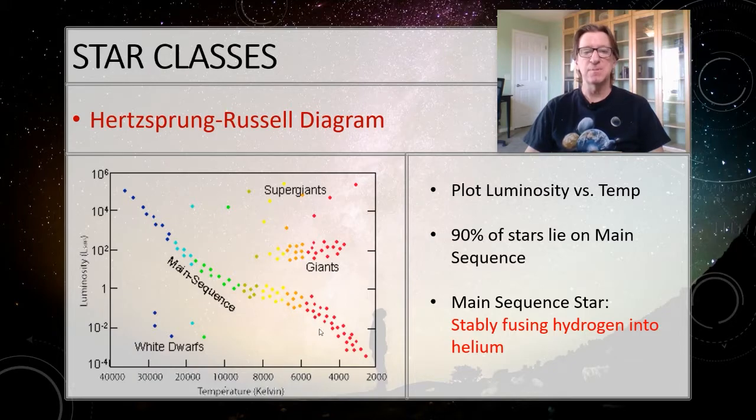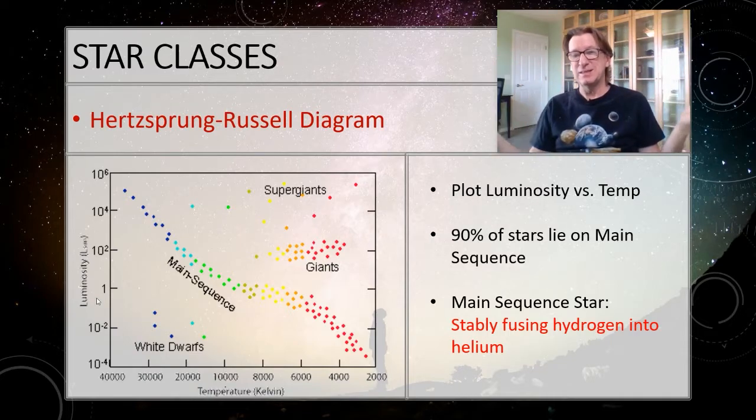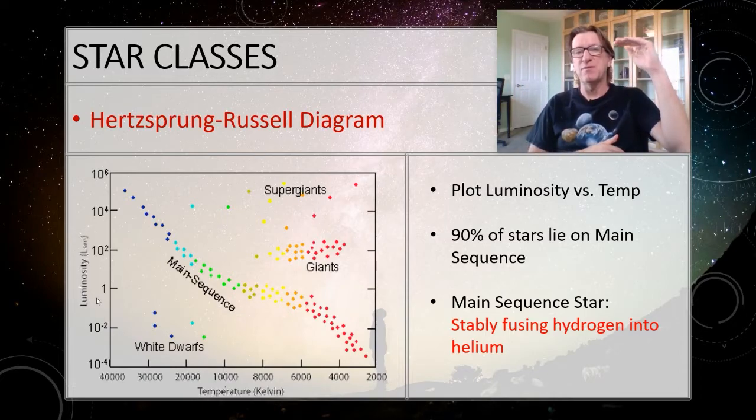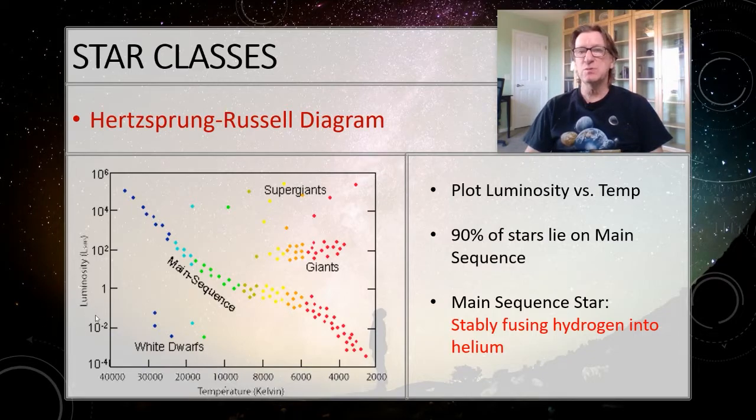But as a star lives out most of its life then, it's going to live it on the main sequence here. Now we need to talk about the scales here on the luminosity side, because now we're actually going to have to start reading things off. Remember how I told you there was this big difference between 10 to the minus 4 and 10 to the 6 for the luminosity? It's just a big range. If I wanted to try to plot that on a graph, it would be really, really stretched and really, really big. So instead what we do is we plot it using a logarithmic graph.